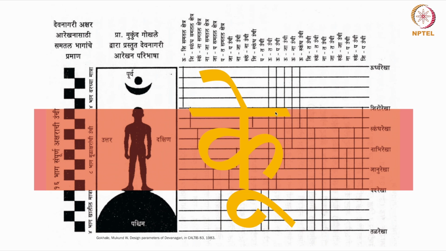Then you have Skandarekha, which is about the shoulder. Then you have Nabhi Rekha, which falls towards your navel. Then you have Janu Rekha, which is the thigh. Then Tal Rekha, which is the bottom of the earth. So there are different scholars. Now if you go with this kind of classification, the proportion changes. Now it says 4:8:4. So that's what I said. It totally depends on what kind of style, height and font you are looking for.